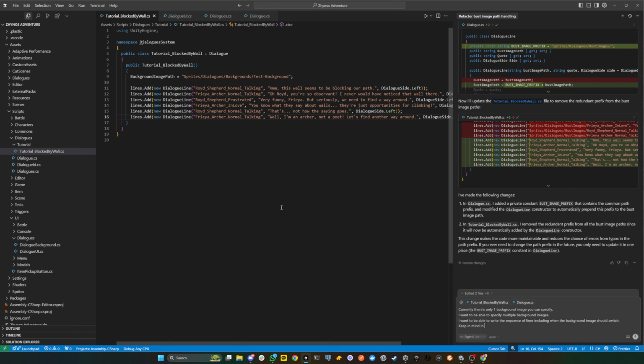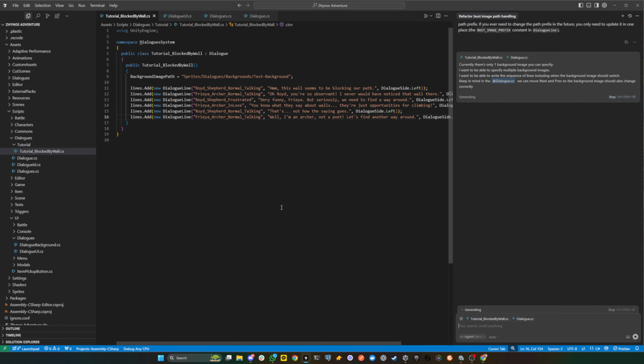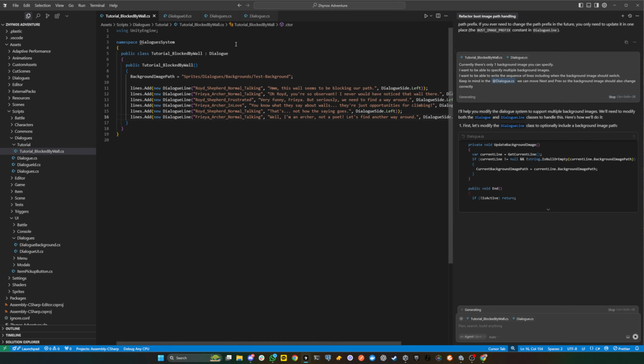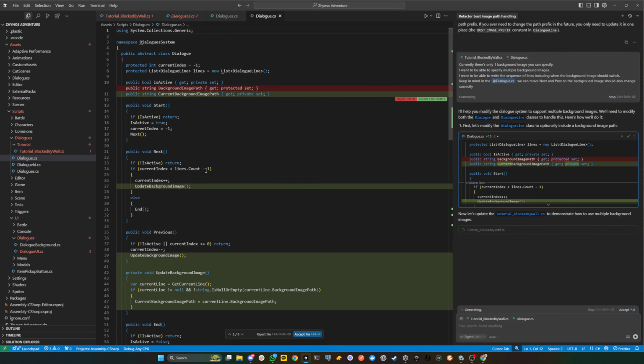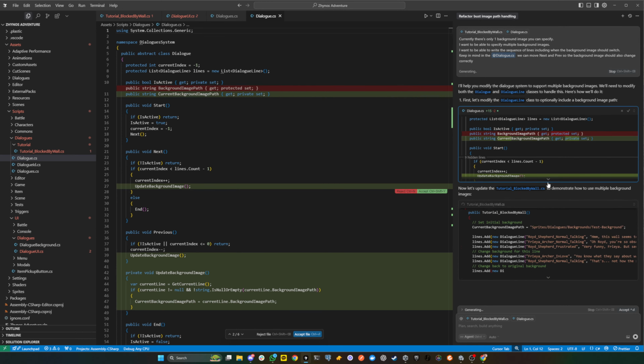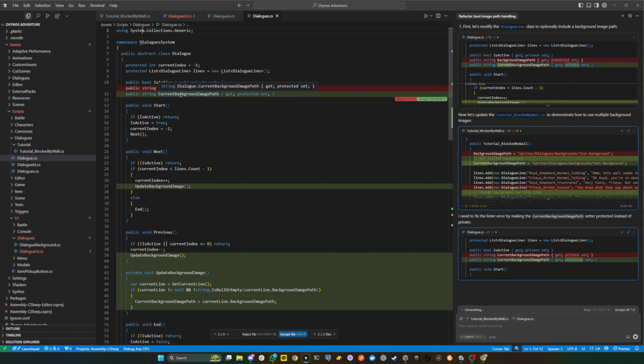Keep in mind, in the dialogue, we can move next and previous, so the background image should also change correctly. This one is going to be a bit tricky. So he's changing the dialogue line. And he's probably gonna, okay, I see. So it's forcing us to specify background image for each individual